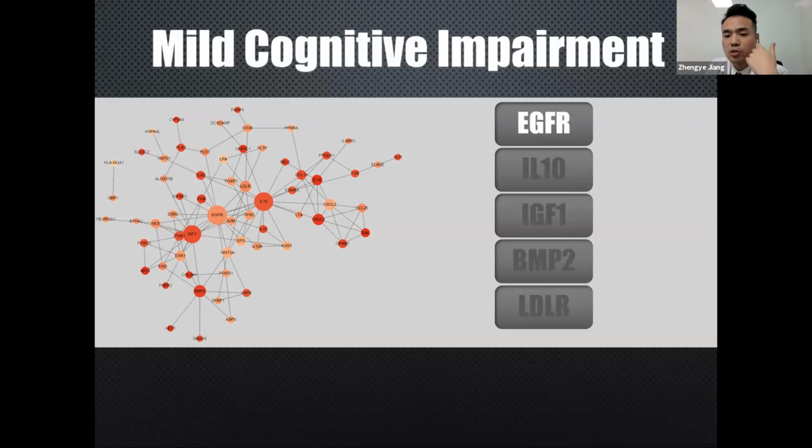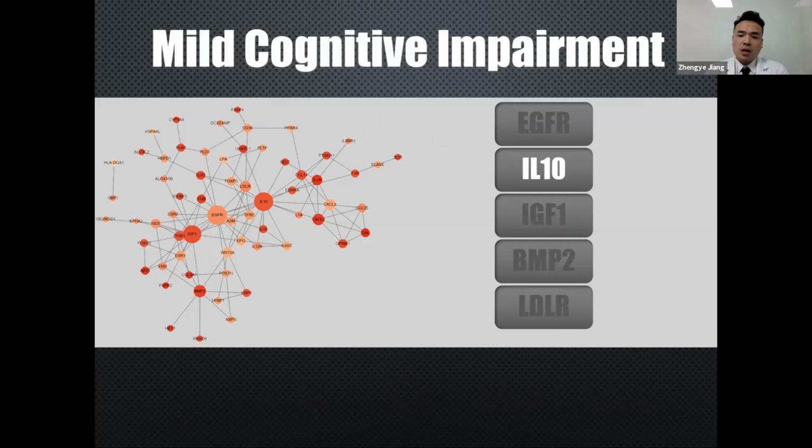In addition, EGFR serves a vital role in the development of human cell transformation and cancer. The function of EGFR is obviously related to a series of neurometabolic disorders, such as AD, as well as aging. And second, IL10 is a common gene in most of the rich KEGG pathways in MCI, and also one of the hub genes uncovered in the PPI network.